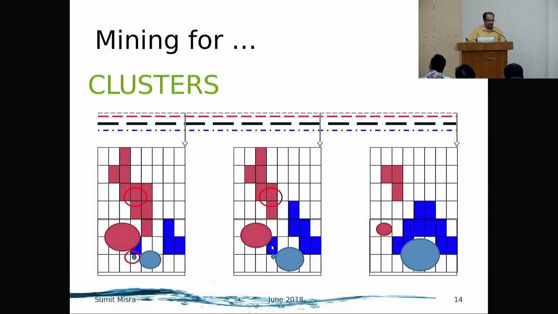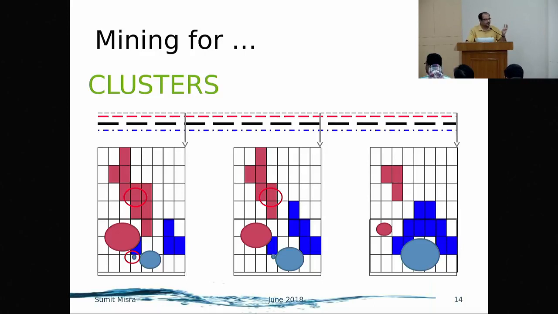Then this blue does not remain an outlier because there is a change in the clustering of the entire thing, and this blue gobbles up that small one, and this blue invades into that other territory when the red reduces. So this again is a clustering phenomenon, and clusters we do to typically find outliers. So when we talk about streams, there is a clustering going on, and the cluster keeps on changing. There's an outlier that I detected, and the outlier starts changing. So any answer that I gave 4 hours back may not hold true after 4 hours.